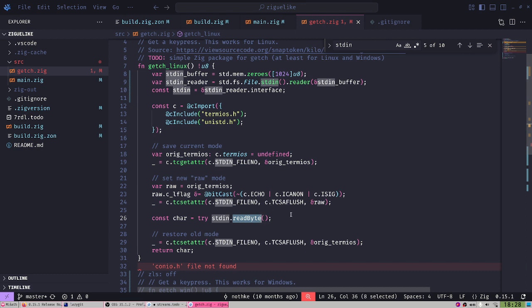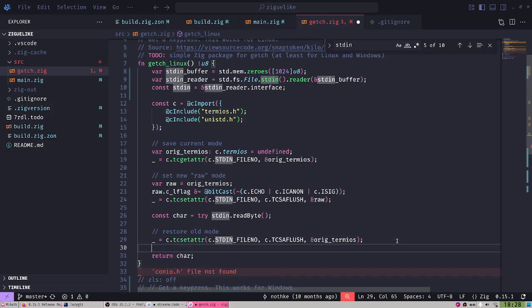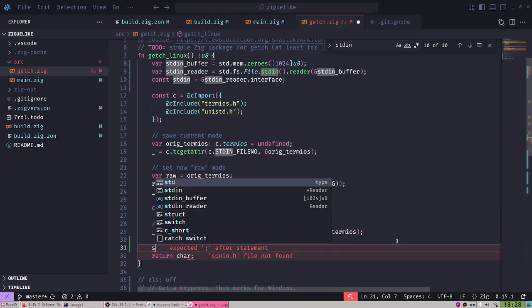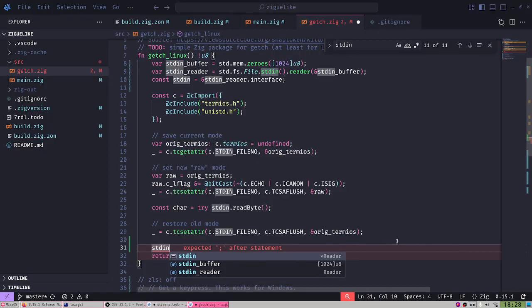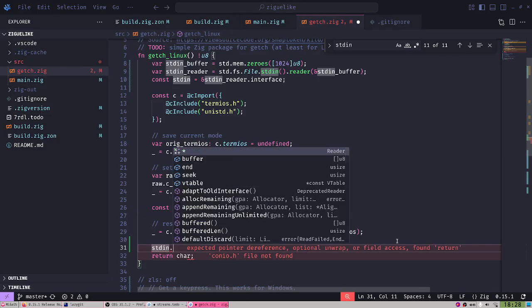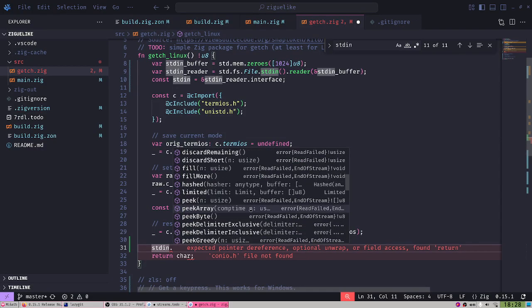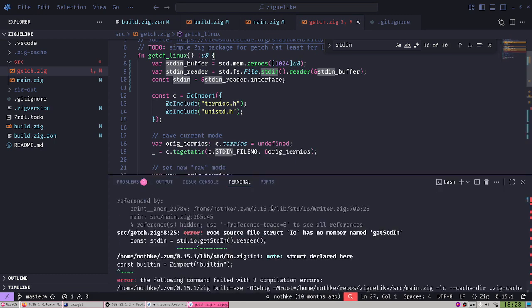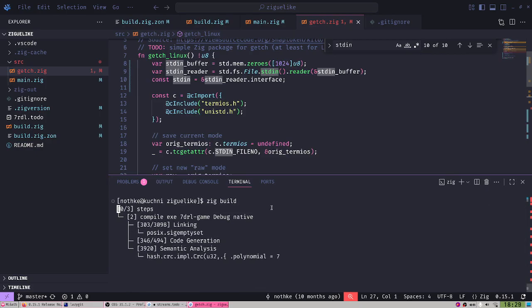Restore all the modes, and it's probably, let's flush it here. Do I flush it or not? I need to flush the reader, I guess. Nope. Do you actually need to flush the in or not? Maybe you don't. Flush doesn't exist. Okay, so maybe I don't need to do anything. So let's see if this builds.